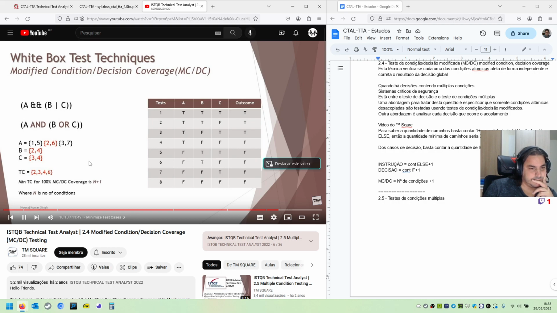2 and 6 from condition A, 2 and 4 from condition B, and C, 3 and 4. Then we can come to a conclusion that if we execute the test cases 2, 3, 4 and 6, then at least